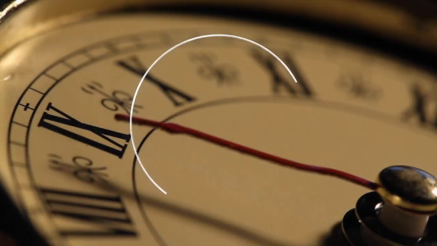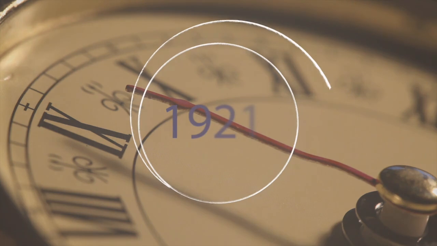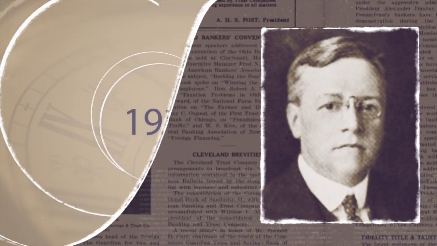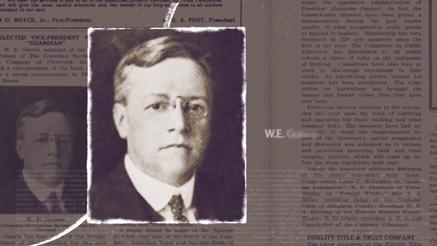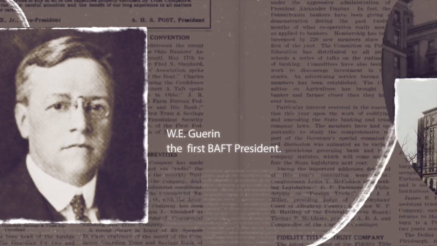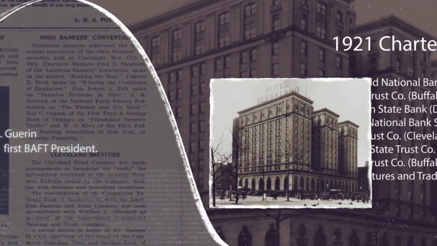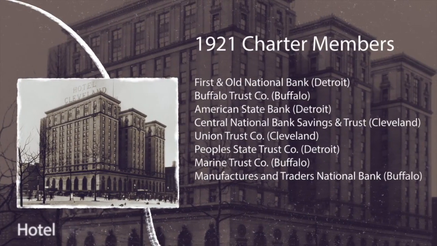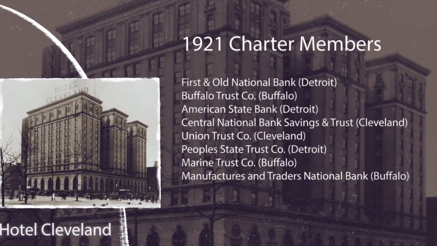At 10:30 a.m. Tuesday, June 22nd, in 1921, in a small meeting room at the Hotel Cleveland in the center of Cleveland, Ohio, 10 bankers gathered to attend a meeting organized by Mr. W.E. Guerin, manager of the Foreign Department of Guardian Savings and Trust of Cleveland. The purpose of the meeting was to organize an association by bankers for the furtherance and uniform handling of foreign